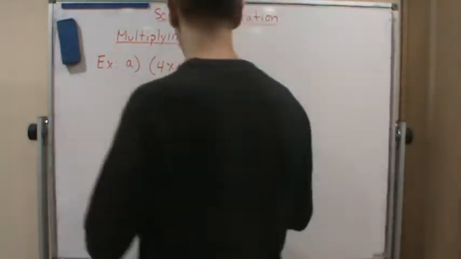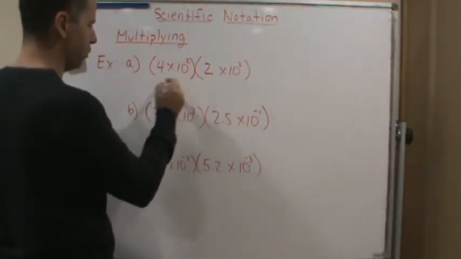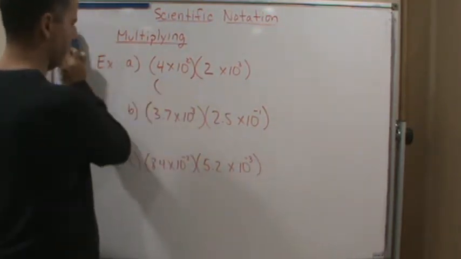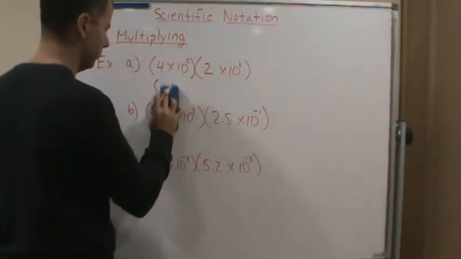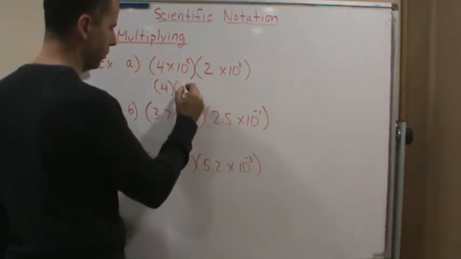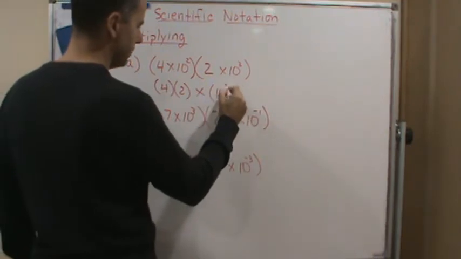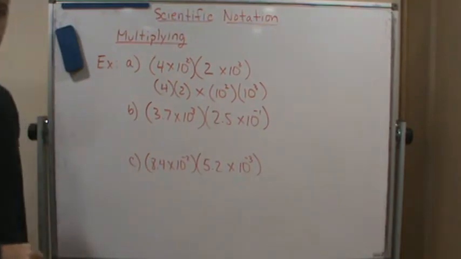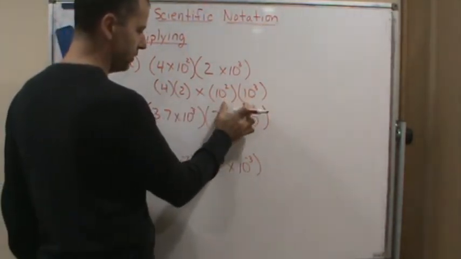So all we're going to do is rearrange things, and we're going to take the 4 and the 2 and put those together. So we can rewrite this using the commutative property. So this is going to be 4 times 2 times 10 squared times 10 cubed. So now I'm going to multiply these two together, and I'm going to multiply these two together,